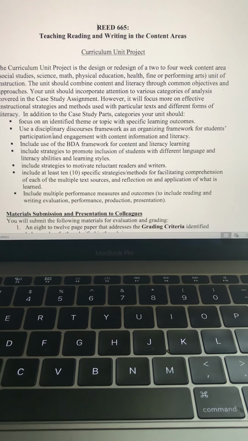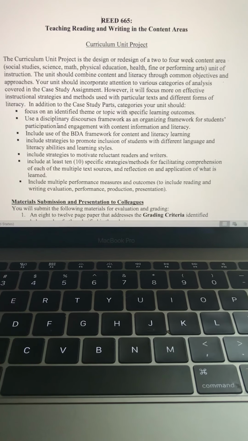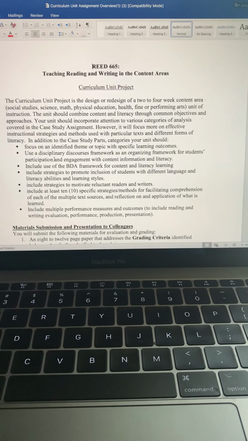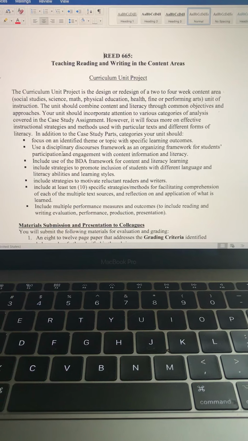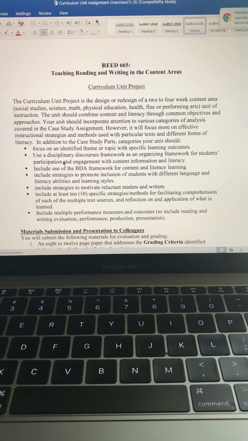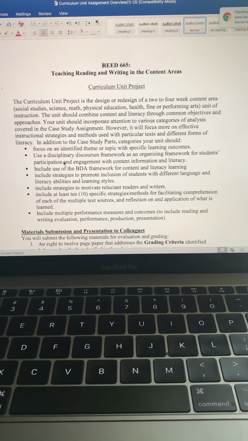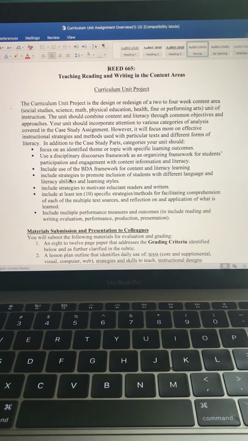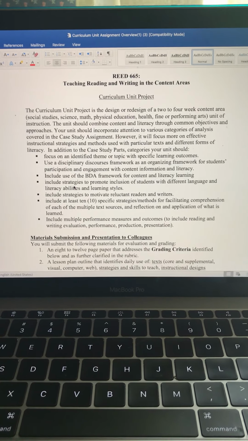Include 10 specific strategies and methods for facilitating comprehension of each of the multiple text sources and reflection on an application of what is learned, and include multiple performance measures and outcomes to include reading and writing evaluation, performance, production,